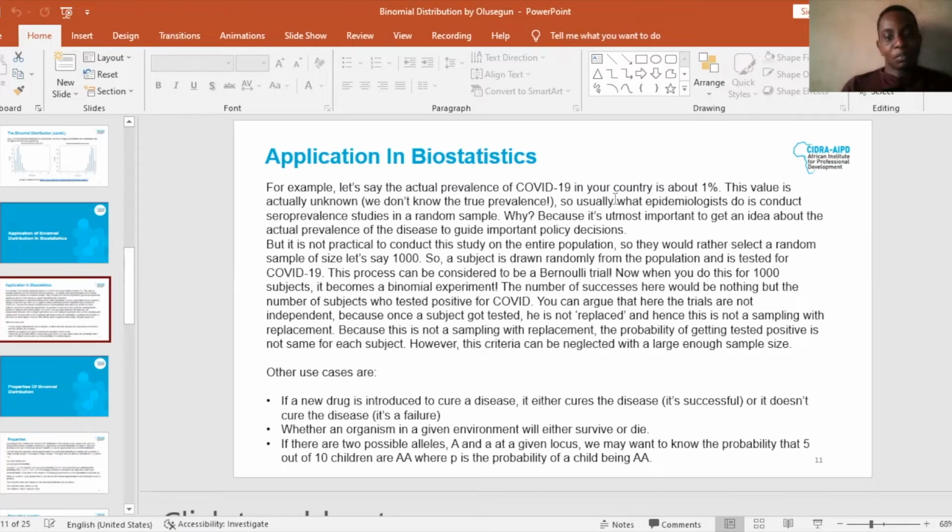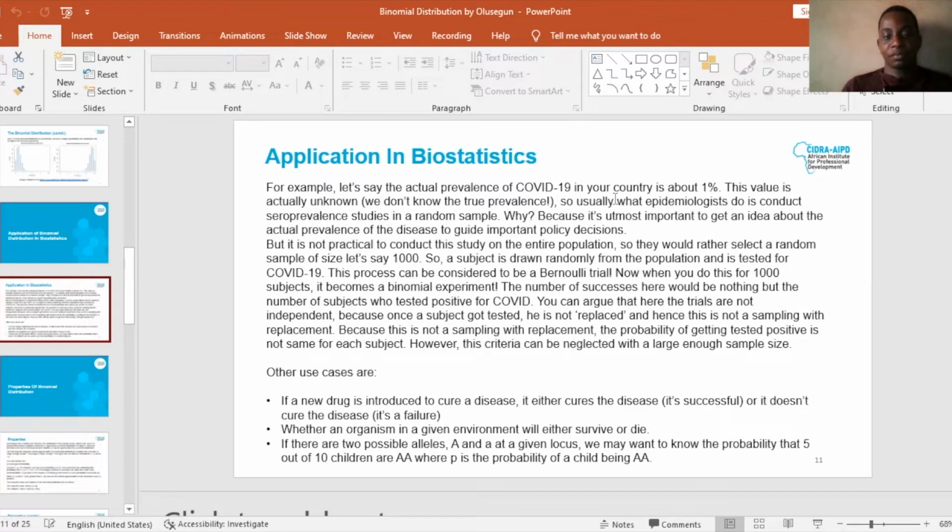Because this is not a sampling with replacement, the probability of getting tested positive is not the same for each subject. Basically, we are saying that the probability of getting tested positive is not independent, it's dependent on previous tests as we are sampling without replacement. However, this criteria can be neglected because the sample is large enough. So this criteria can be neglected with a large enough sample size. And hence, COVID-19 studies or tests or trials, as we call it, can be modeled by a binomial